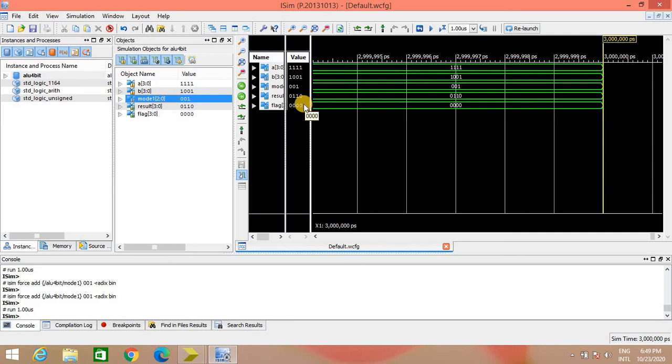With the help of such simulation, you can select any value for A and B, select any mode, and perform the different operations, and you can manually check the operation against the generated result and the flag result. Thank you for watching.